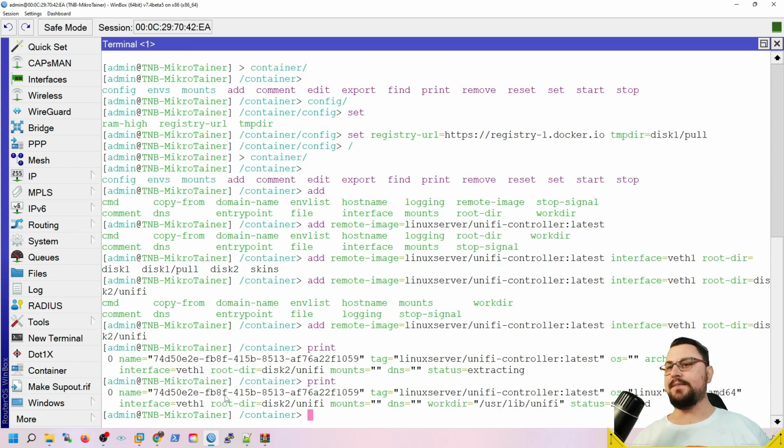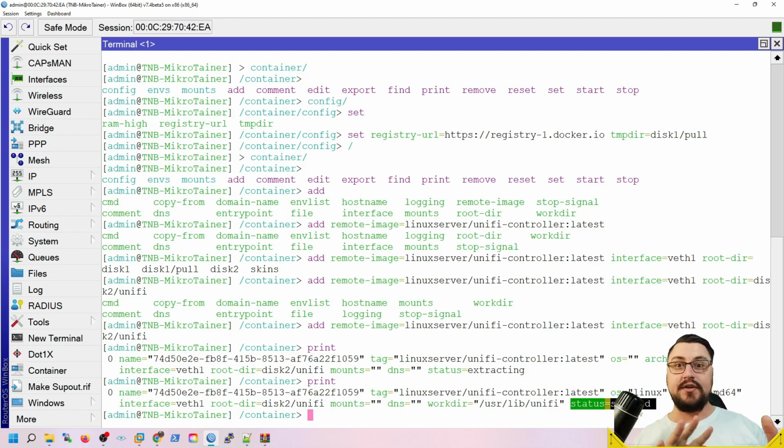Let's print our container. And great, now we see some extra details. We see the OS is Linux, the architecture is AMD 64, which is the x86, and we see some extra details here, but we see the status is stopped. So that's good for us. We know the thing has successfully extracted and installed, so to speak, but it's just in a stop state by default. Now, if it said error, that would mean that you would have to try and re-download the image again, or you would have to just use one of those other methods to get this image onto your MikroTik